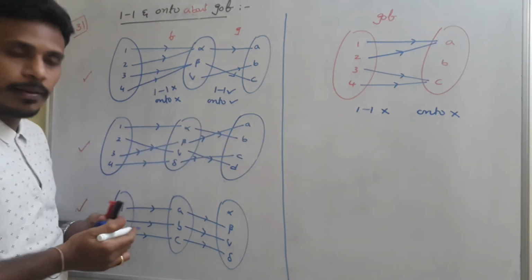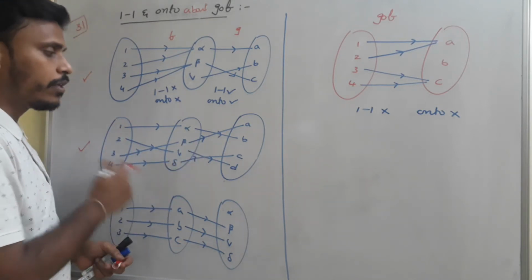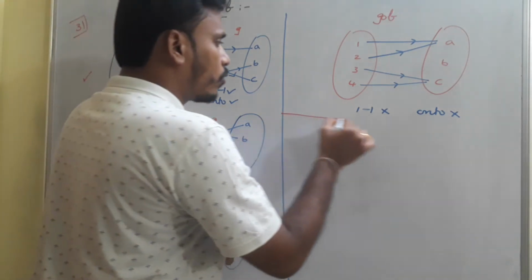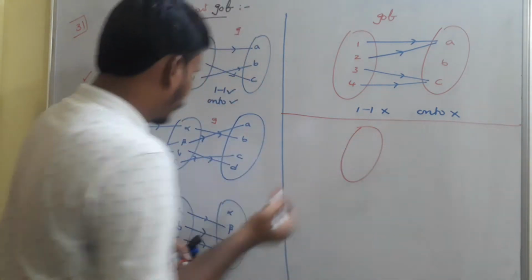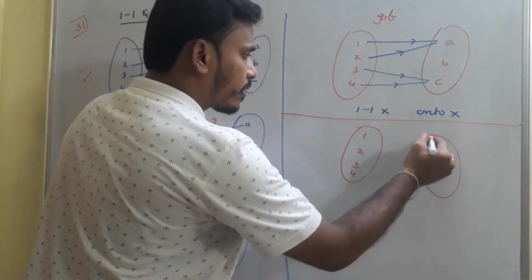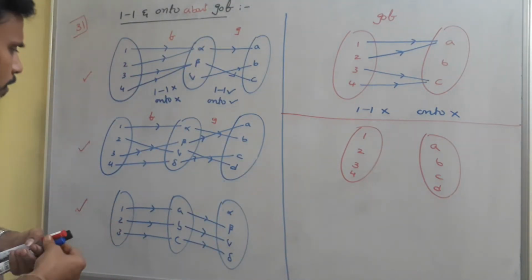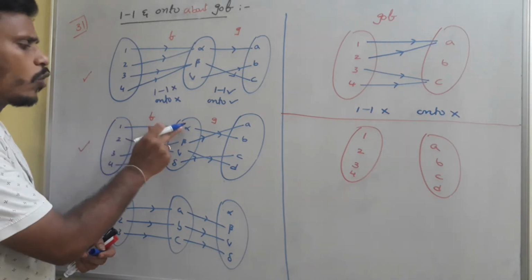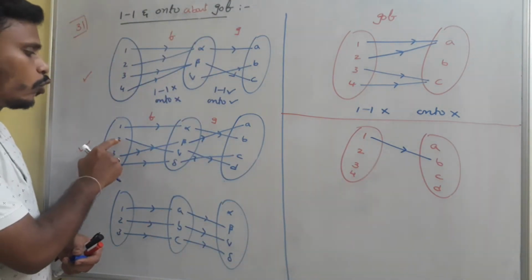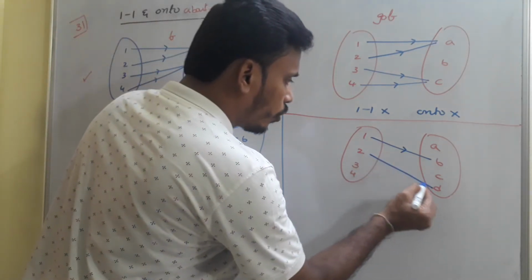Then I need to think of the second example. Again here we need to connect elements 1, 2, 3, 4 to ABCD with respect to these definitions. Now this is F and this is G, and how to connect those? Just have a look. So the first set has the elements 1, 2, 3, 4, and the second set has the elements A, B, C, D, and we need to connect. Just look there as per the definition. Yeah, 1 to alpha, alpha to B, so we need to connect 1 to B directly, and then 2 to gamma, okay, and gamma to D it is there, so we need to connect 2 to D.